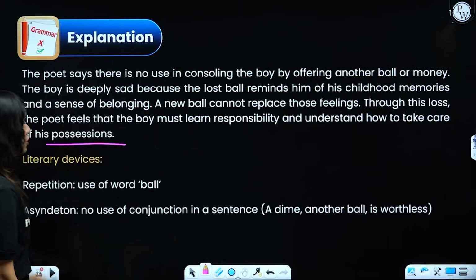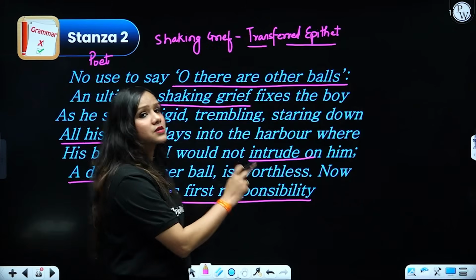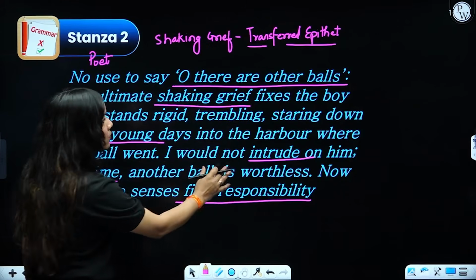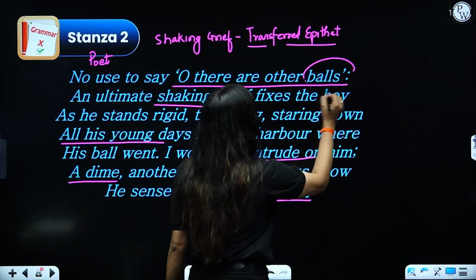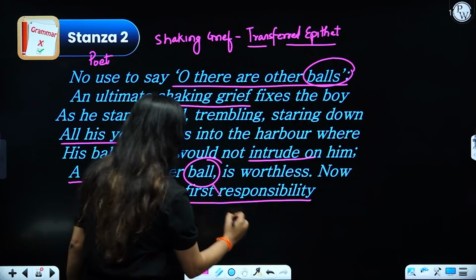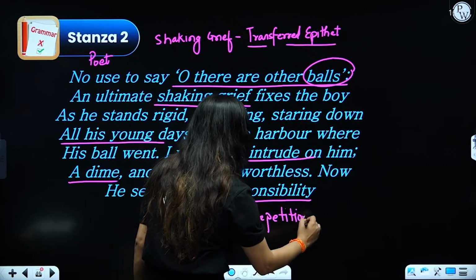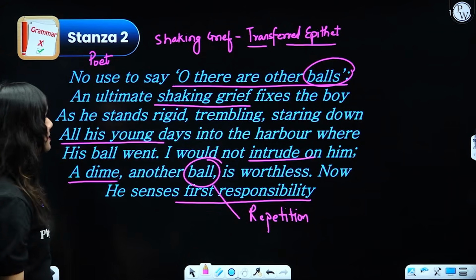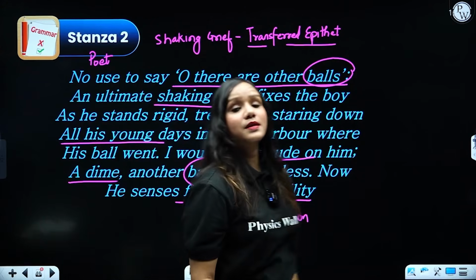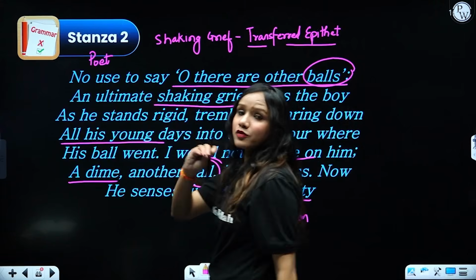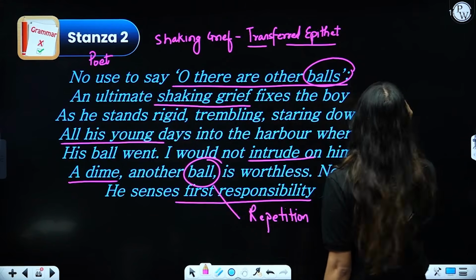Literary device: repetition of the word ball. I have already told you that ball is a word which is being repeated throughout. So here also we have the word ball, and here also we have the ball, which shows that there is repetition in the poem. All right, so please note down this thing. And let me tell you one more important thing. This particular poem has no fixed rhyme scheme. It is written in free verse,